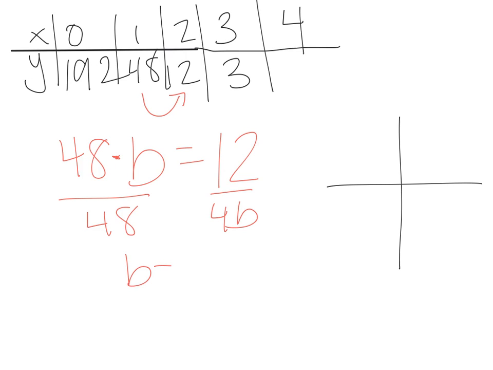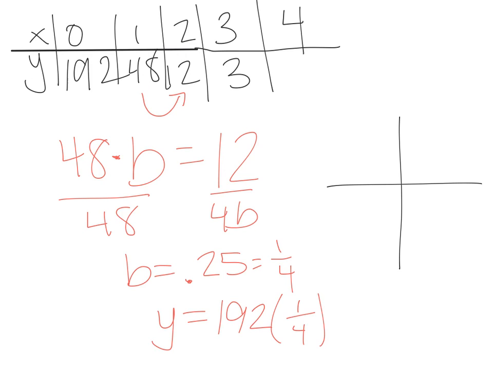and b is going to equal 0.25 if we type that in the calculator. That's the same as a fraction of 1/4. Either way is fine. I typically like using fractions, so to write our equation, we do y equals, our initial value is our zero term, 192, times 1/4 is our multiplier, since we are decaying,